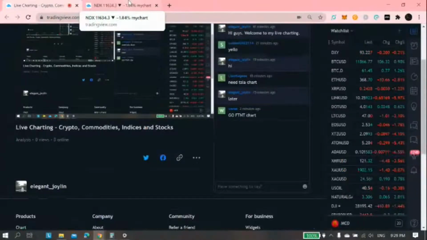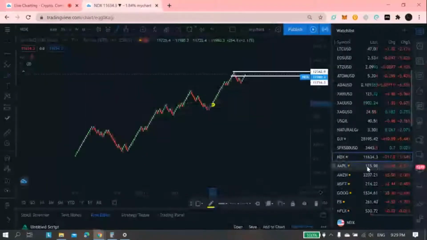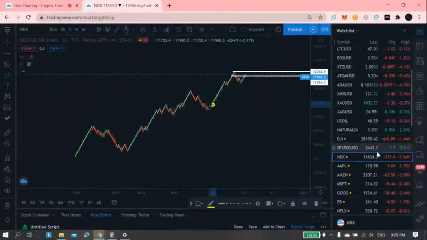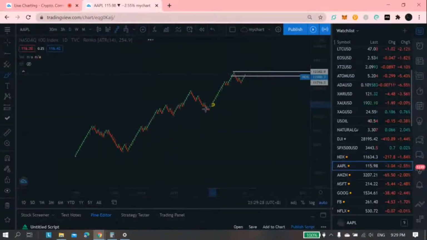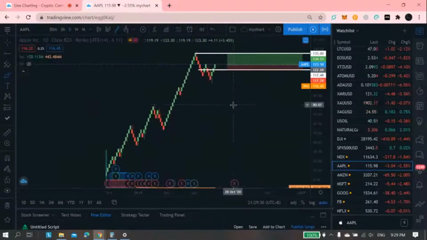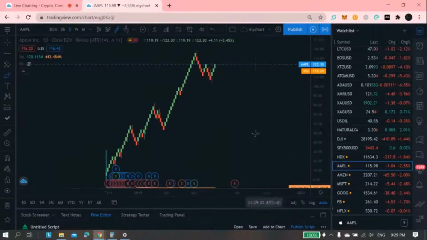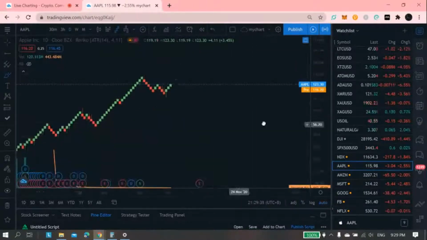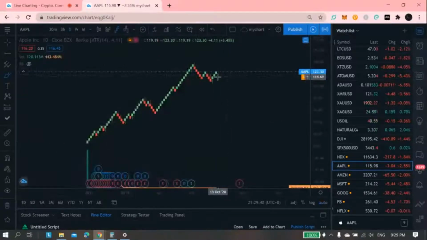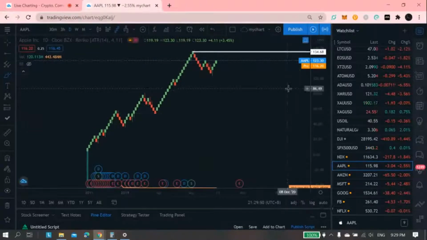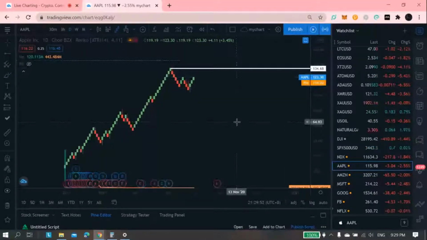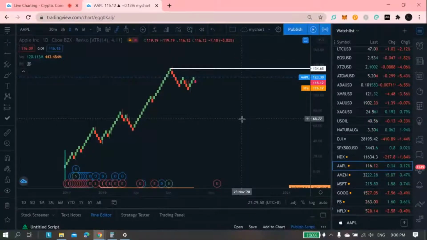Let's now move on to the US stocks. So US stocks, first is Apple. If you look at it, it's still a bullish Renko chart. So it could possibly retest the previous all-time high, which is around the 134 area. And since recovery will start around this quarter of 2021, yeah, I think it will